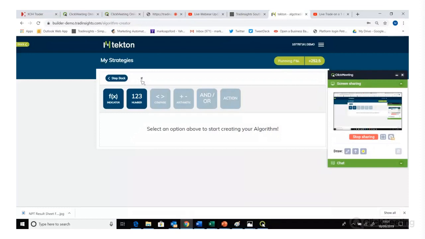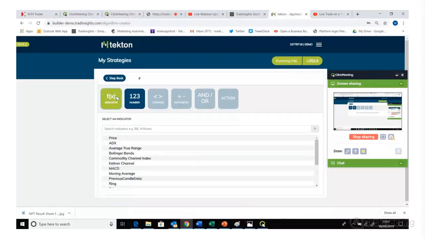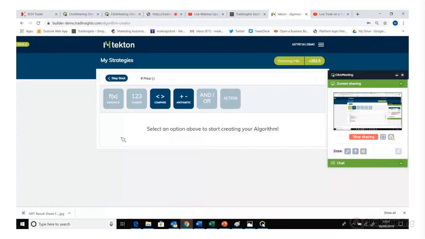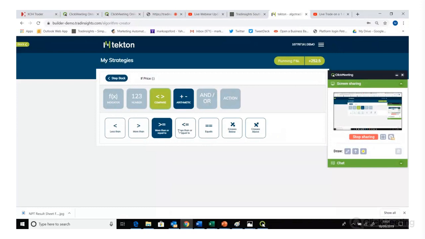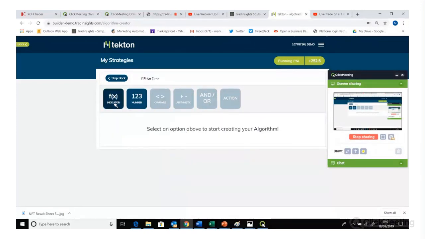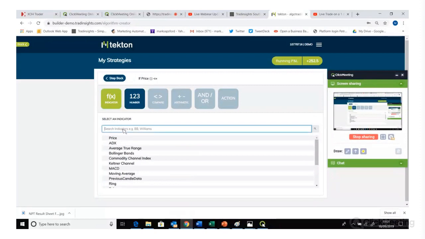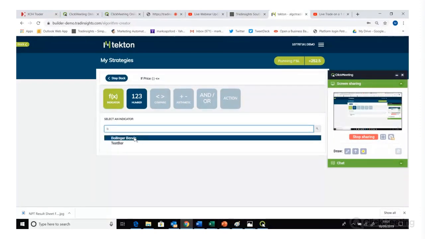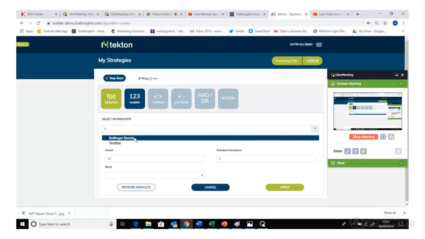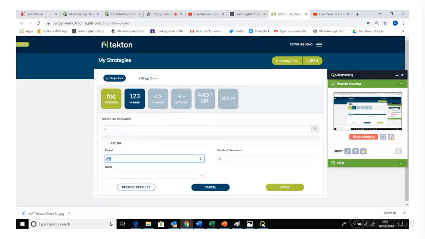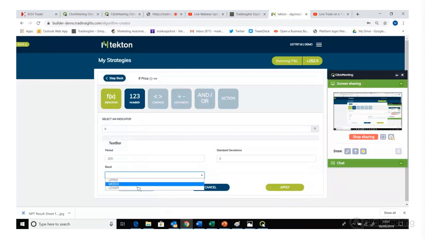So we have if pre-populated. We go here and we use if price, and we simply click price like so, is less than or equal to the Bollinger Band. We simply type the letter of the indicator we want to use, and we put the settings in here. Remember, it's different settings. So it's 200 period and 3 period. And we're using the lower band. Okay, so if price is less than or equal to the lower band,